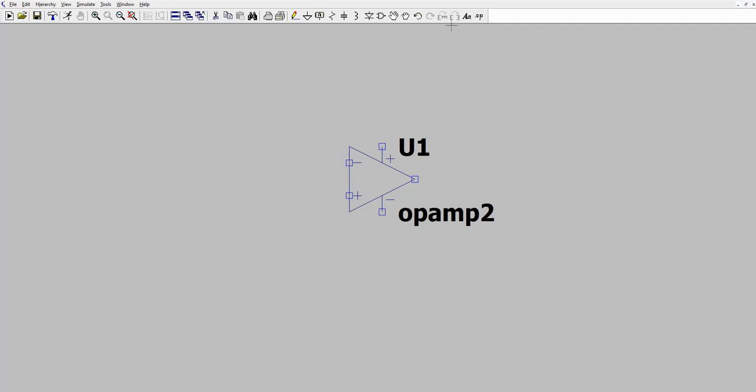So to continue, let us create a simple inverting amplifier.